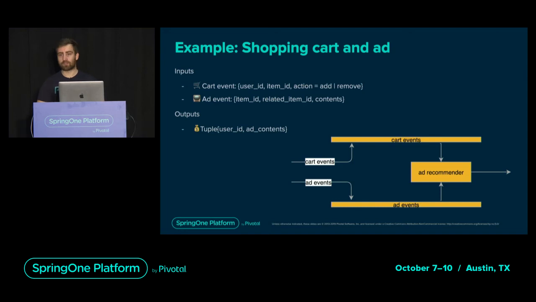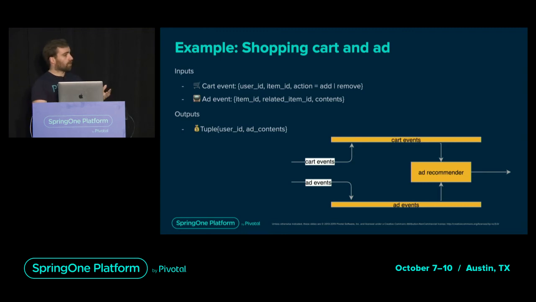Here it's a simplistic model, so bear with us, but it's just to show at least some live action, screencast action. So what is an add event? It's about an item, there is some promotional content, and it might be of interest for people interested in another item. So that's how we modeled it. And the output here is a content recommendation for a specific user, based on the context of what he or she did with the cart.